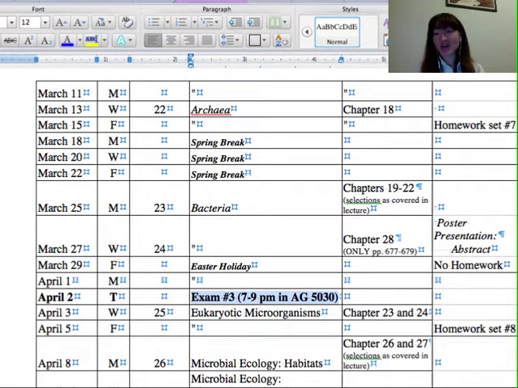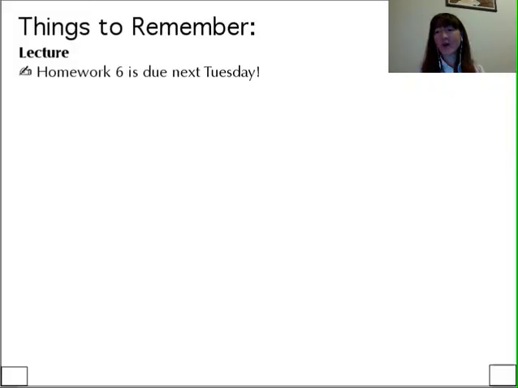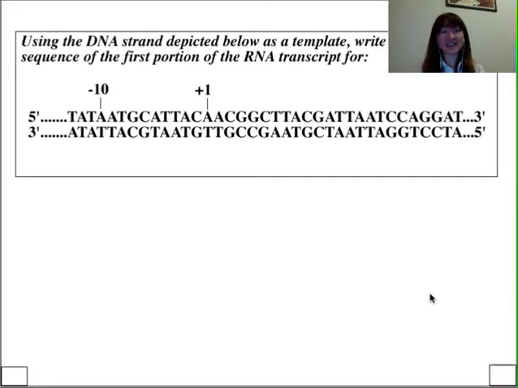That being said, let's jump into our lecture for today, which is wicked exciting because we are going to be talking about translation. So it should be quite a wild ride as we look into the process whereby RNA, mRNA specifically, is converted into protein product. Before we go there, though, I do want to make sure that we fully understand transcription, and that after having our lecture last time, we have a good feel for the process by which DNA is used to make RNA